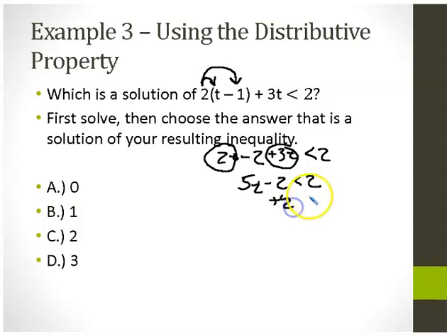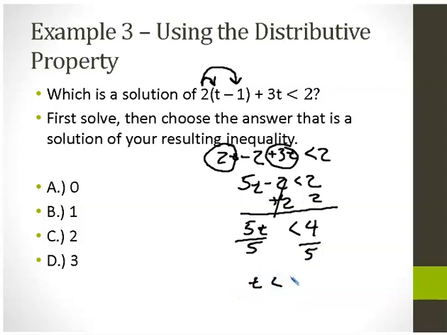Here I'll add the 2 to both sides. Make sure I'm doing this right. And we get that 5t is less than 4. So now I'm going to divide by 5, divide by 5. And I find out that t needs to be less than